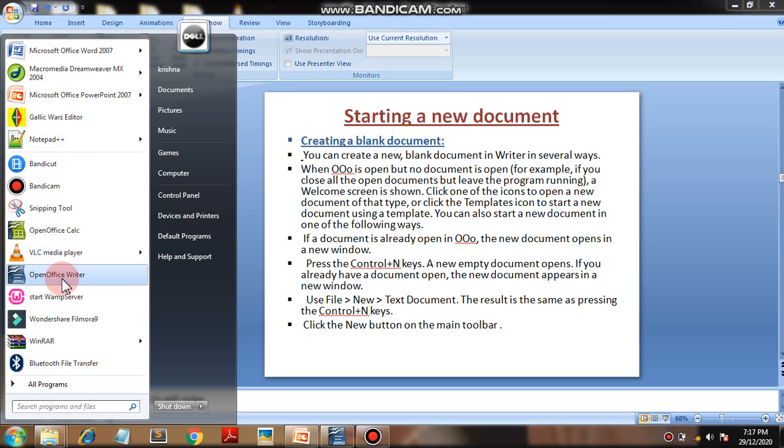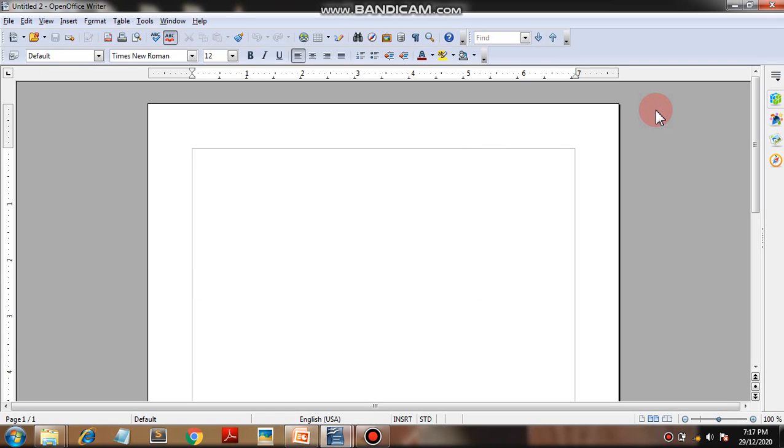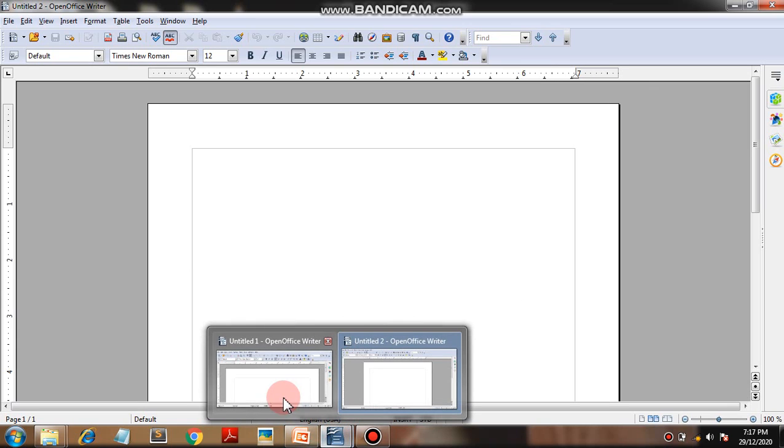Click on OpenOffice Writer and see, the Writer page is available now. This is the basic window of OpenOffice.org Writer.